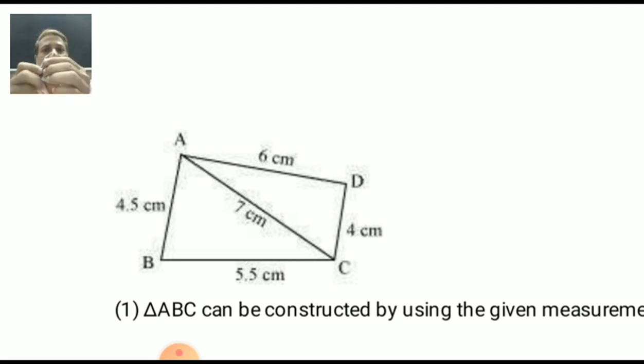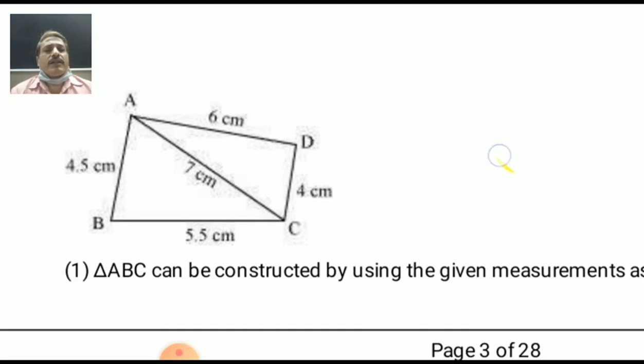Yes, my dear students, you are right. On one side you have to fix the pencil and one side is the pointed, but both the knobs are at exactly equal distance. Isn't it? Yes. Now look at here how to draw this quadrilateral with the help of these two instruments. First, triangle ABC can be constructed by using the given measurements.